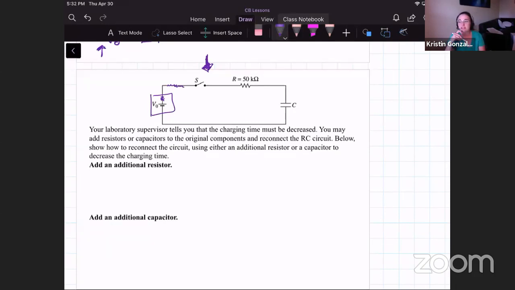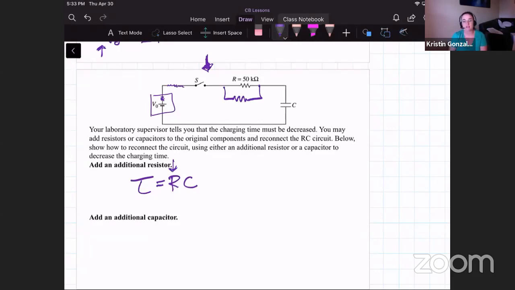So where could I put a resistor in here that's going to decrease that charging time? Well, we know that our charging time is related to our charging time constant tau, which is equal to RC. So if I want to change R, how do I change R to decrease that time? Well, that means I've got to decrease my resistance. So how could we decrease the resistance? Well, I could add a resistor in